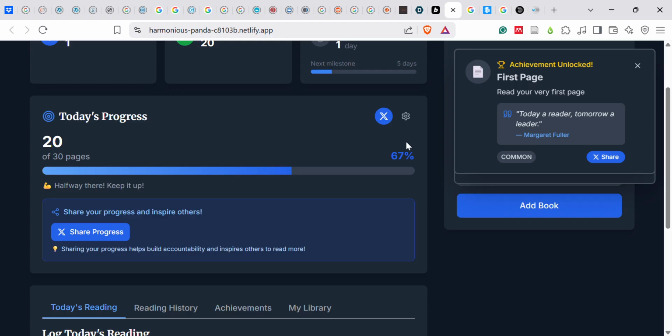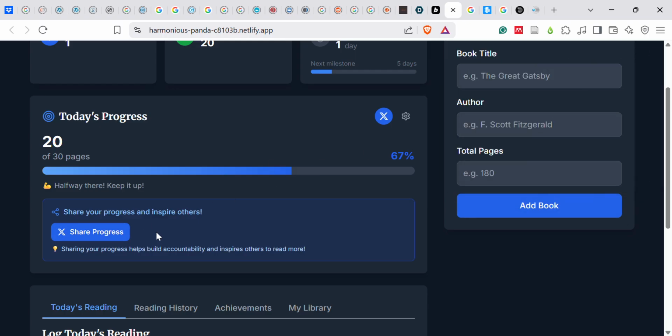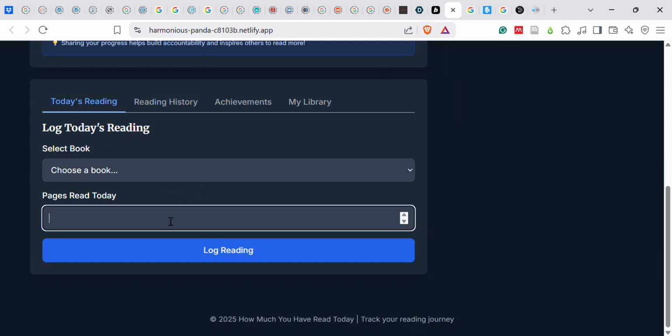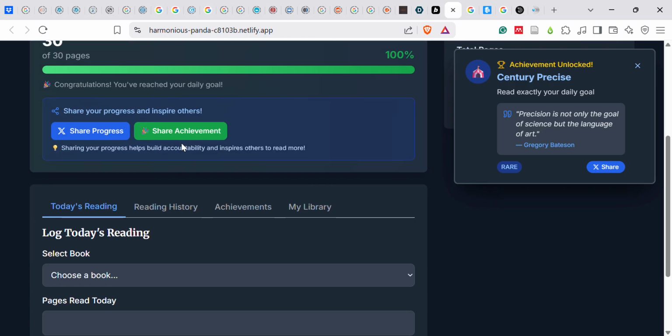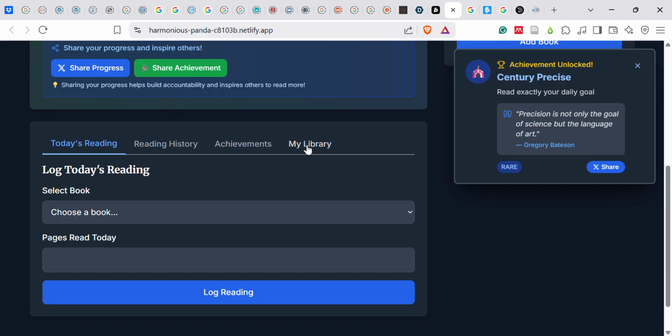After adding your pages here, you can also share your progress on Twitter, and it can inspire other people. This feature can show other people how many pages you have read, motivate other readers, and increase the visibility and downloads of the app. For example, if you add another 10 pages here, you can see that you met the daily progress, and you can also delete